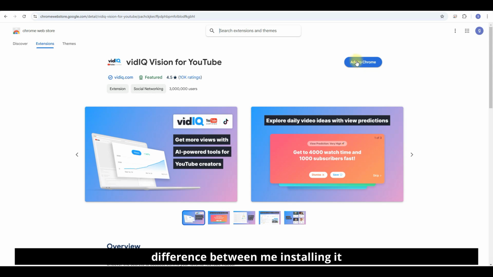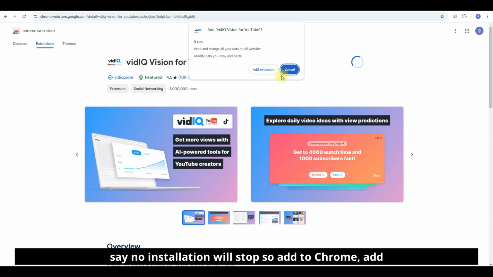So the difference between me installing it now and you, if it's the first time for you, it will ask you if you are okay to connect your YouTube account to your Vidiq account so that Vidiq can access your data. If you say yes, the installation will take place. If you say no, the installation will stop. So add to Chrome, add extension,